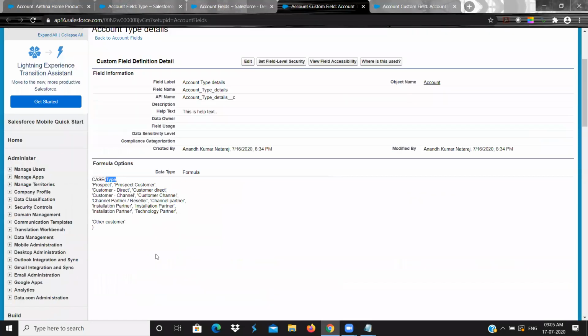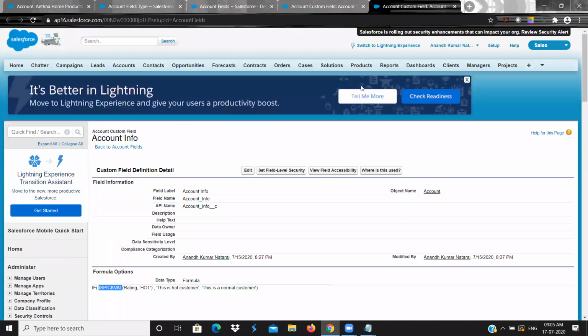So in CASE it is not needed to use ISPICKVAL. This is for CASE only. For the other things you need to use ISPICKVAL. That is compulsory.